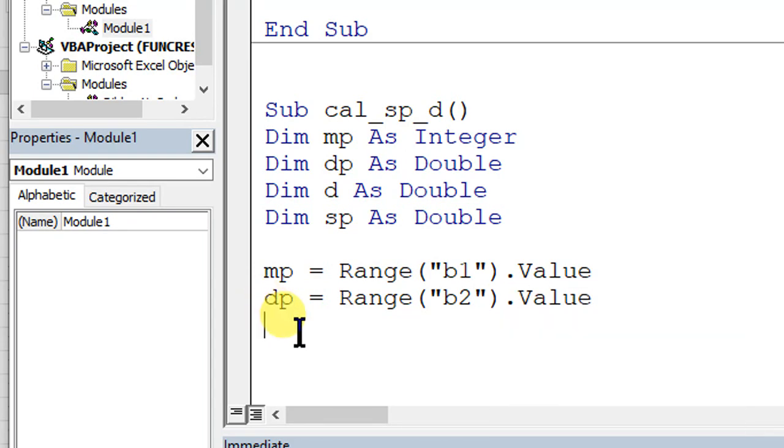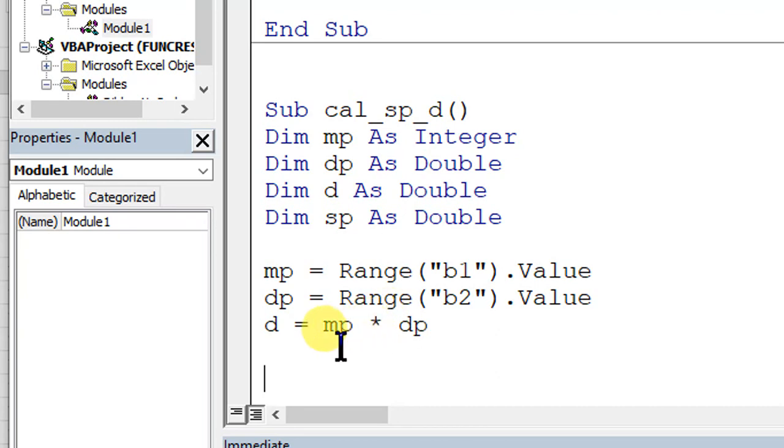MP and DP we have read. Now we have to calculate the discount. So now D equals what? MP multiplied by, we use asterisk for multiplication, MP asterisk DP. Fine. Look, if there had been 20 instead of 20%, then you would have to use MP into DP upon 100. Right now I'm not using this because it's 0.2.